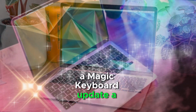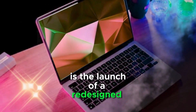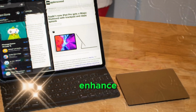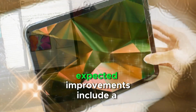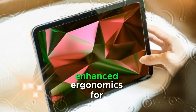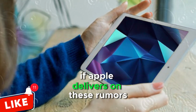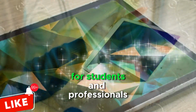Magic Keyboard update, a productivity boost. One of the most exciting rumors is the launch of a redesigned Magic Keyboard alongside the iPad 11. According to sources, this new accessory will further enhance the iPad's usability as a lightweight laptop alternative. Expected improvements include a larger, more responsive trackpad, enhanced ergonomics for comfortable typing, additional shortcuts for iPadOS productivity features. If Apple delivers on these rumors, the iPad 11 could become an even more viable choice for students and professionals